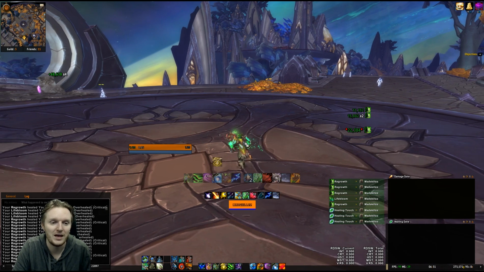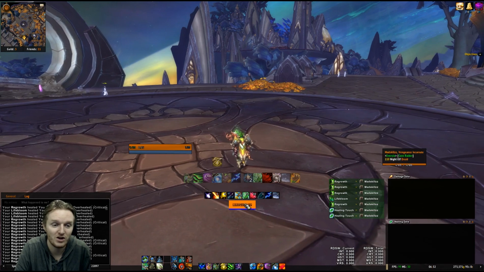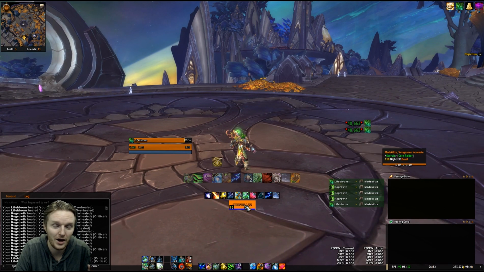So let's see just the basic rotation for Restoration Druid. There are a couple of things that you should be using, or there's a spell uptime. It's part of a rotation. It basically means there's a couple of spells that you should maintain at as close to 100% uptime as possible. It's almost like a rotation for a DPS. So you need to make sure that your Lifebloom stays on target at all times,